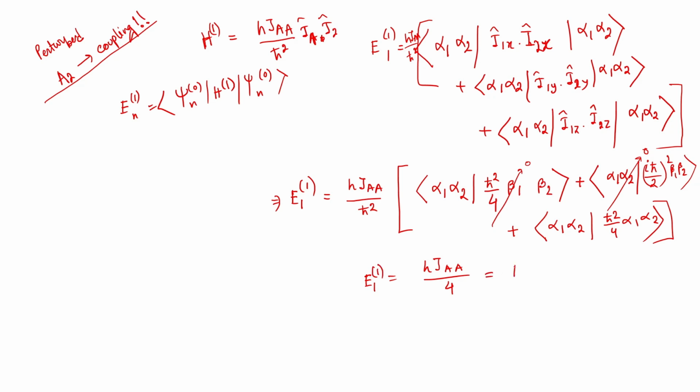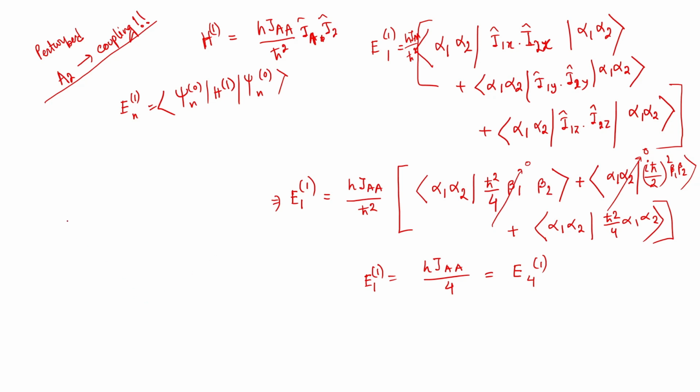So we can expect the same thing from beta 1, beta 2, right? There it was minus h cross by 2. These two, I1x I2x and I1y I2y, this term will get cut out, but the z component will give you, for beta 1, beta 2, minus h cross by 2 into minus h cross by 2. Eventually minus minus cancels out, and you are going to get h cross squared by 4, and then multiplied by hJAA by h cross square, it will give you hJAA by 4. So this is what you are going to get.